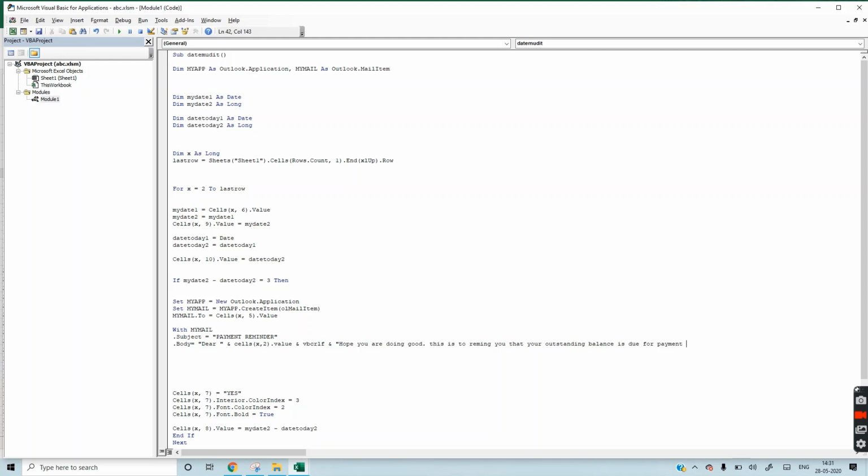Now the amount will be variable, so we will close this with an inverted comma.